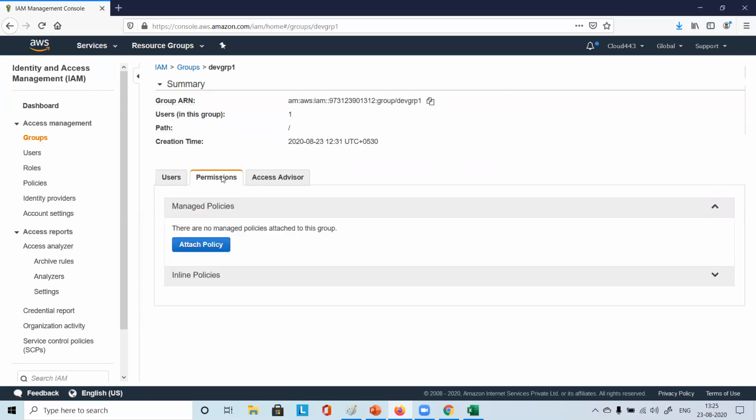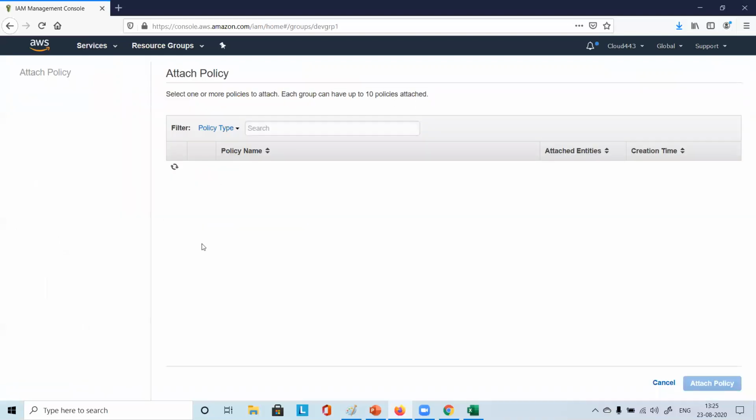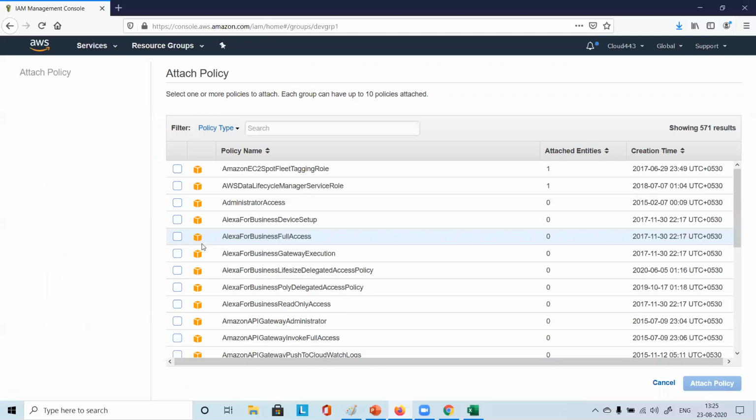Click on permissions. Okay, I'm there. So on the permissions page, you click on attach policy.